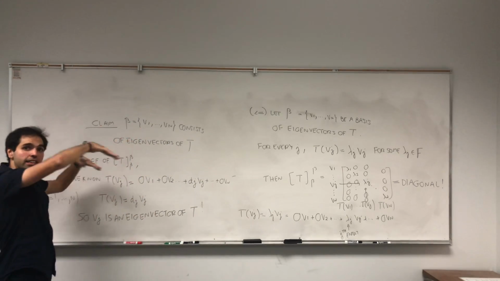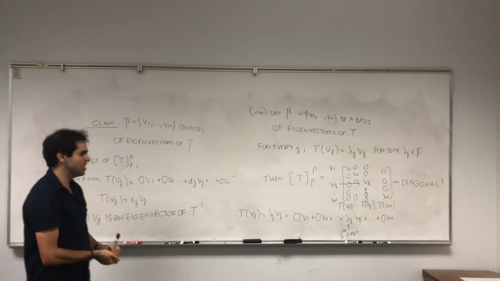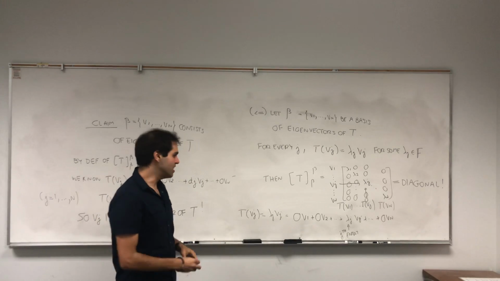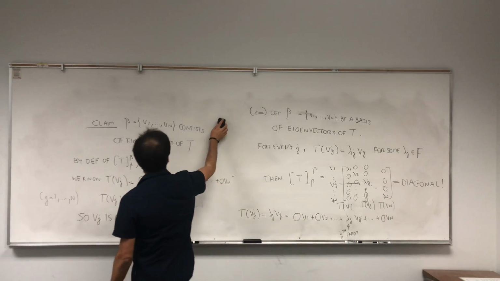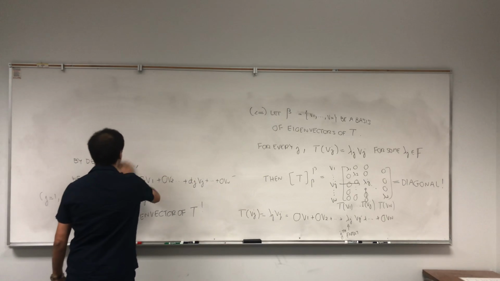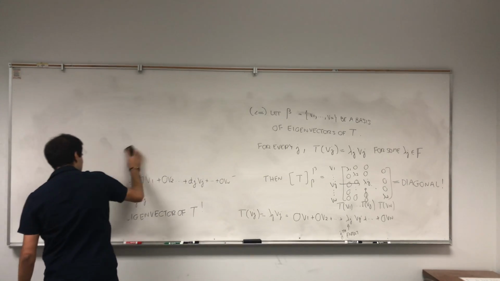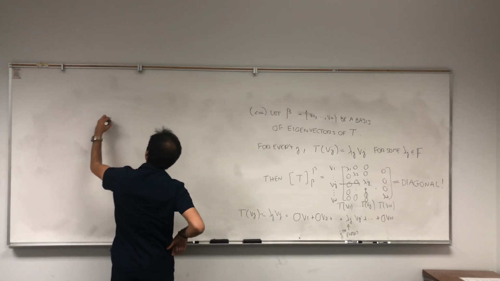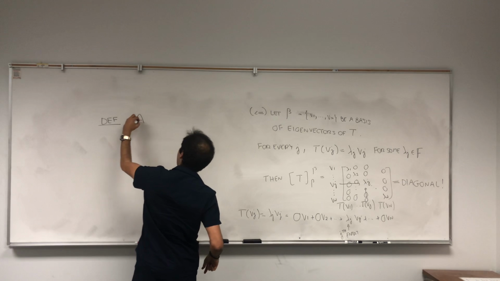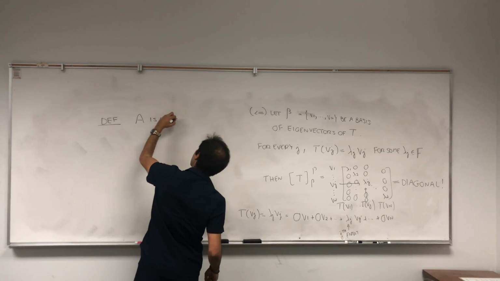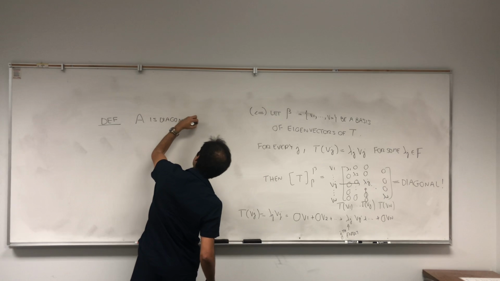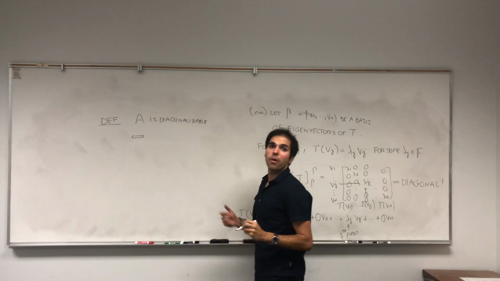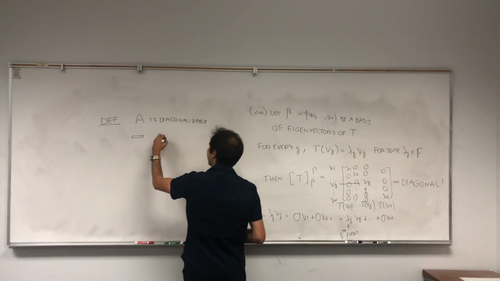So, that said, this was for more general linear transformations. What about for matrices? Well, it turns out there's an even easier characterization of that that's very useful in practice. So, just a little definition. A matrix A is diagonalizable if and only if a corresponding linear transformation is diagonalizable,